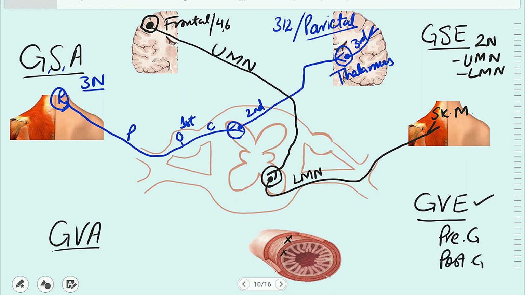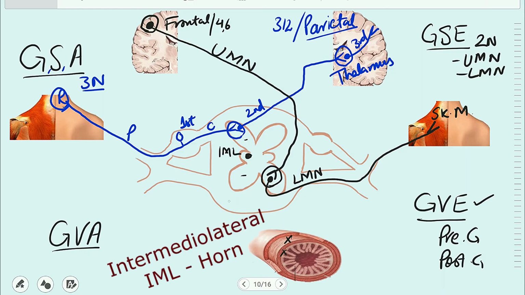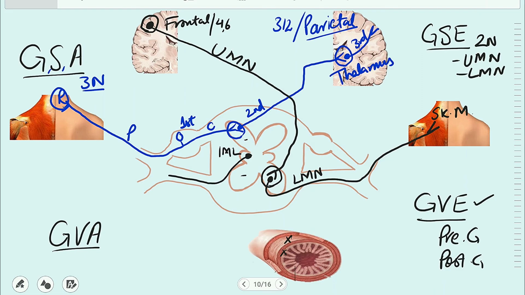postganglionic neuron. The preganglionic neuron cell body is present here in the spinal cord. This is a separate horn. This is a third horn present between the dorsal horn and the ventral horn. This horn is known as the intermediolateral horn. From here, the neuron will come out through the ventral root of the spinal cord and then through the ventral rami. After that, this neuron will move toward the organ, and before reaching the organ, it will synapse with the